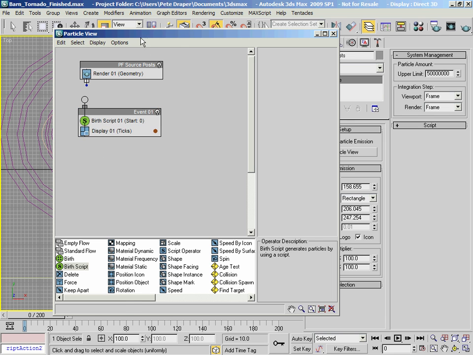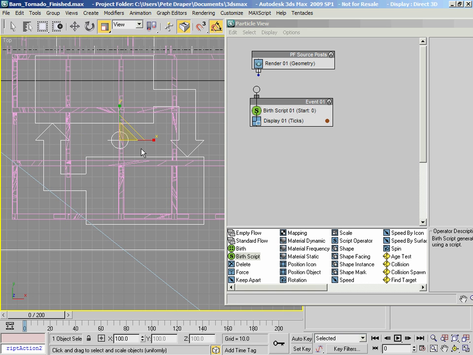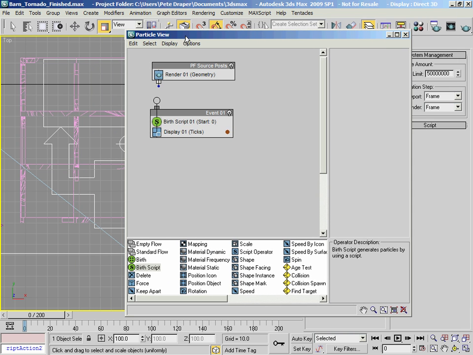The reason being is because I want a single particle for every single piece of geometry here. I don't want any more, I don't want any less. I want the exact amount of particles, and I want the particle to be positioned at the pivot point of every single piece of geometry. So what I want to do is wire the output of this guy into here, and I'm going to rename this event. Let's call that posts